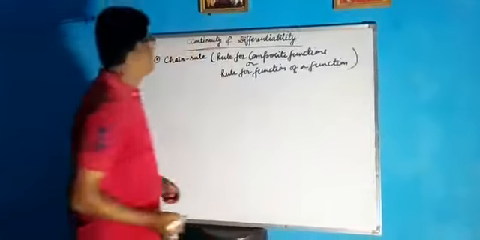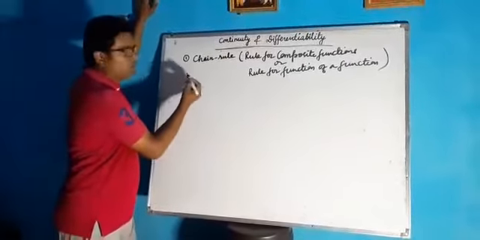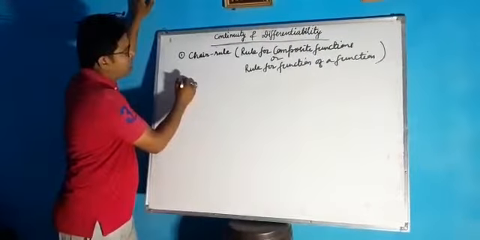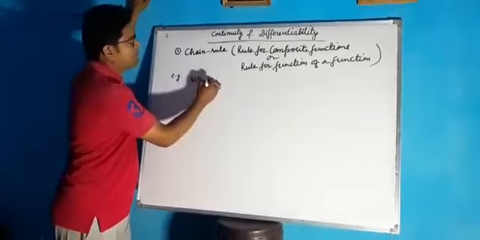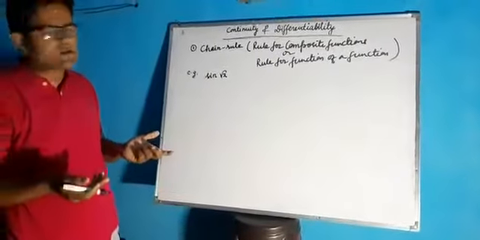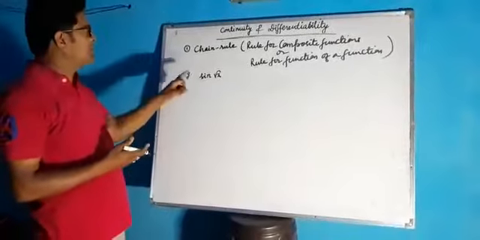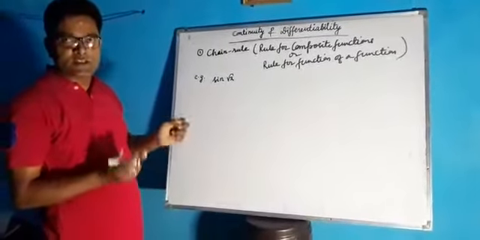See, what is chain rule? For example, I'm just giving a simple example. You must have seen this type of function: sine of root x. You may be confused because the derivative of sine x is cos x, so the derivative of sine root x is cos root x. But it is quite wrong, because sine is a function of root x, but root x is not a function of root x. Root x is a function of x.